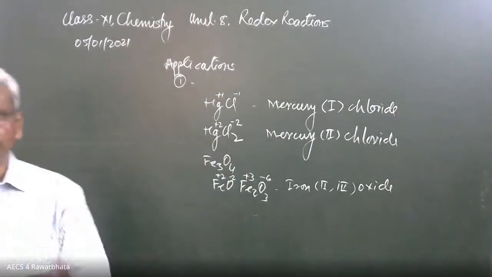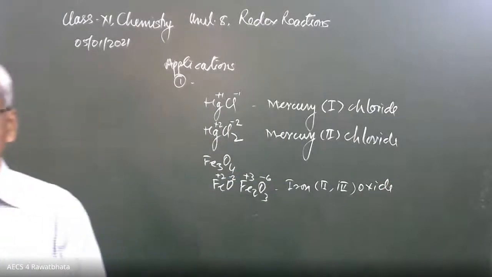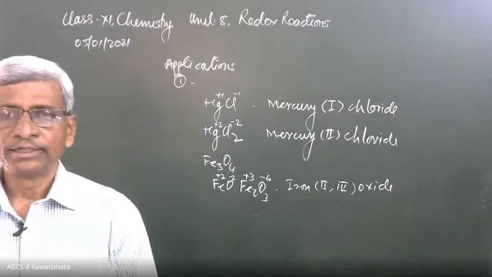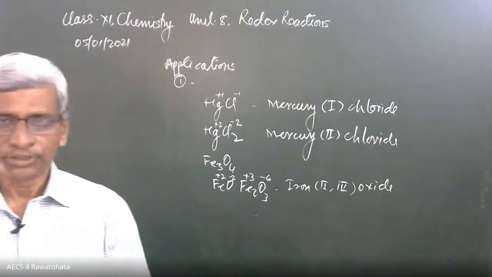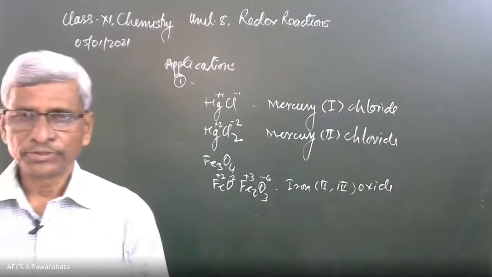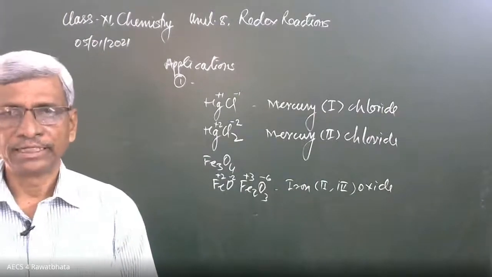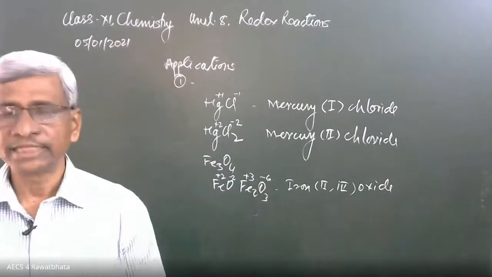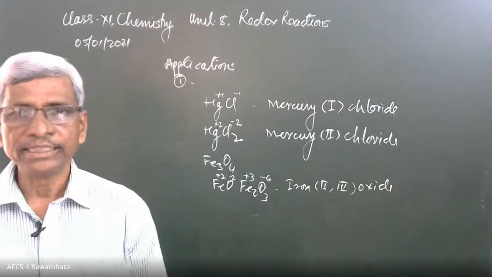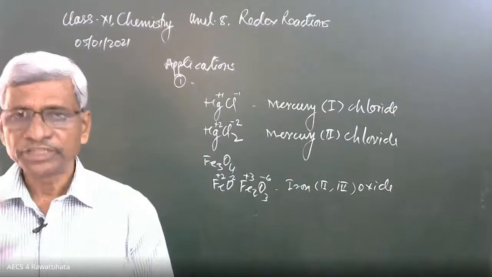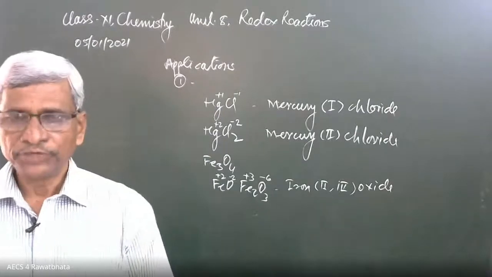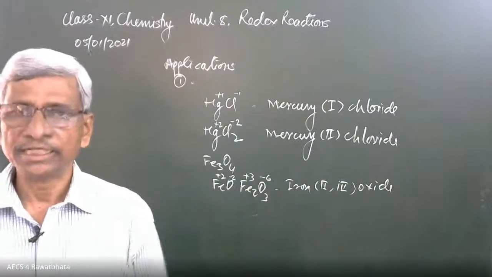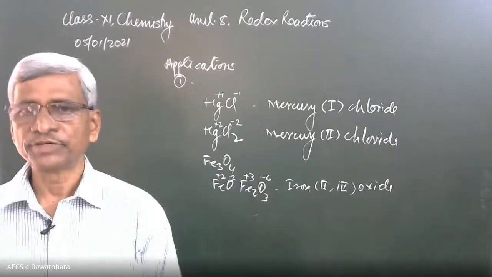This is another application of oxidation number. Okay, beta? So this is the way. In a galvanic cell, that is not in your syllabus here, what is the electrode reaction at anode? What is the electrode reaction at cathode? This can be decided by seeing the change in oxidation number. If a cell reaction is given, which half reaction is the anode reaction and which is the cathode reaction, we can decide by seeing the change in oxidation state.